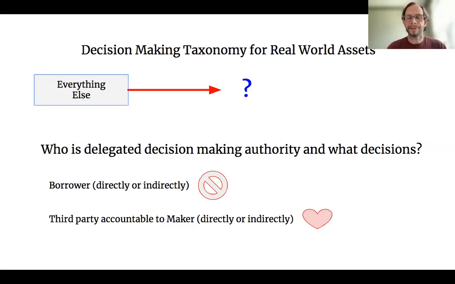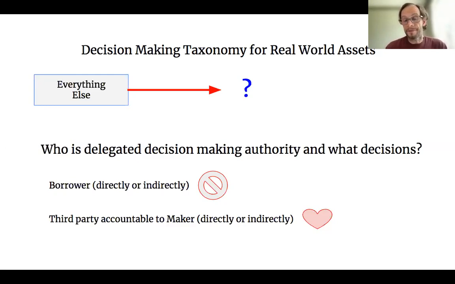Maker is, for instance, a beneficiary of a trust. Maker could specifically instruct that third party to take an action. And you kind of see that, for instance, in the success case where you have the concept of a verification agent looking to maker with respect to particular issues. I would call that a direct third party being accountable directly to maker.